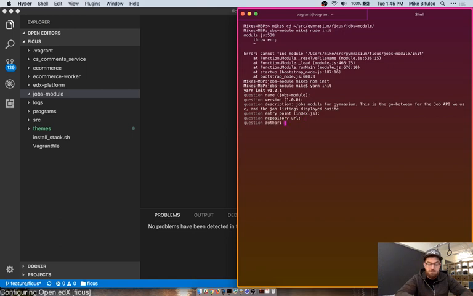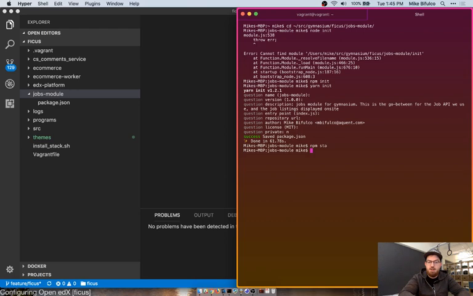Repo URL we're going to leave blank. I'll put myself as the author. MIT license is fine. Private? No, it's open source. That's fine. Okay, so that should give me a